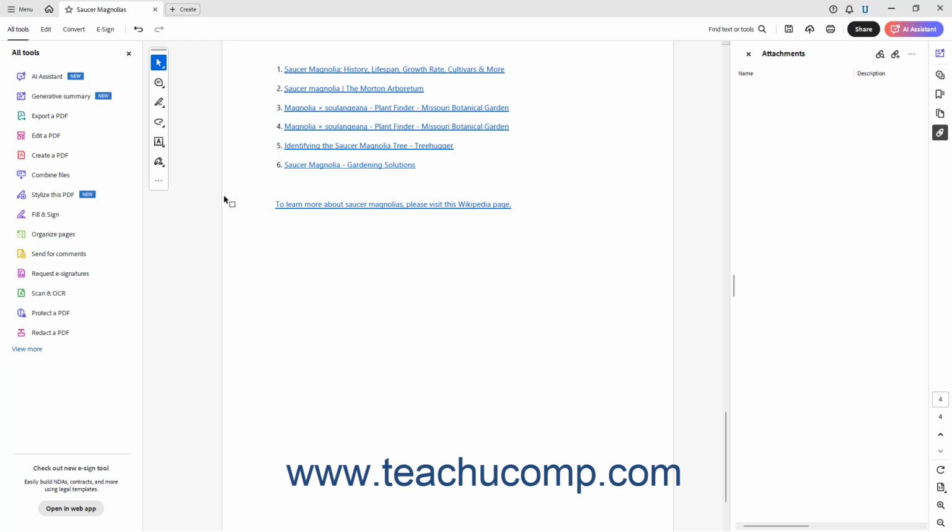Links in Acrobat let you easily add hyperlinks to a PDF. This helps you link to an external web page from a page in a PDF document. To create a link within a PDF in Acrobat, either click the Edit a PDF link in the All Tools